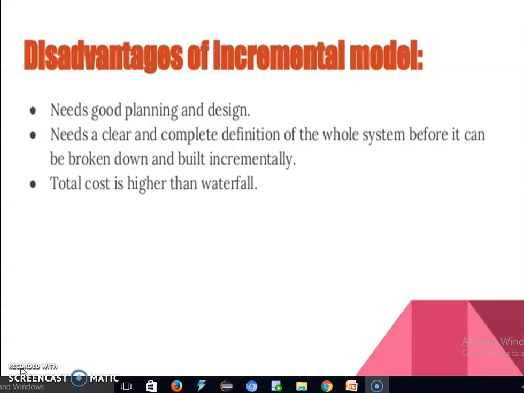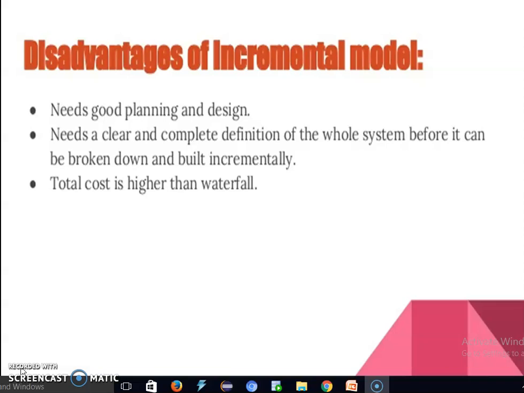Got it? Next point: the waterfall model is useful where the process models are fixed or may be done in a linear manner.